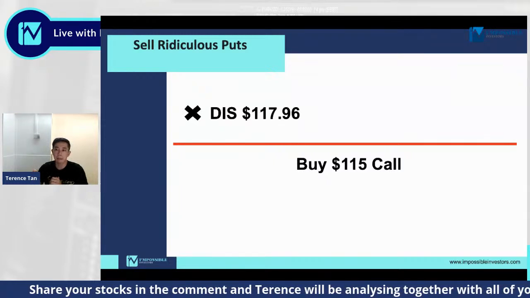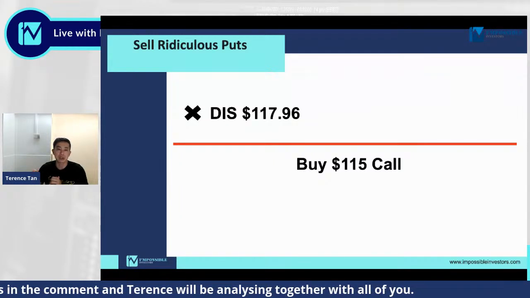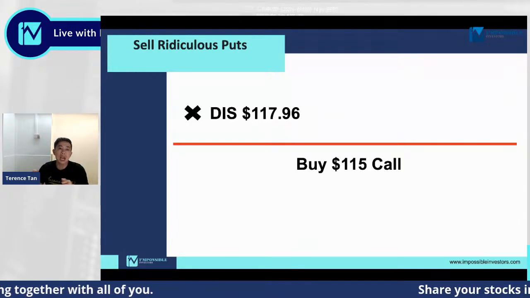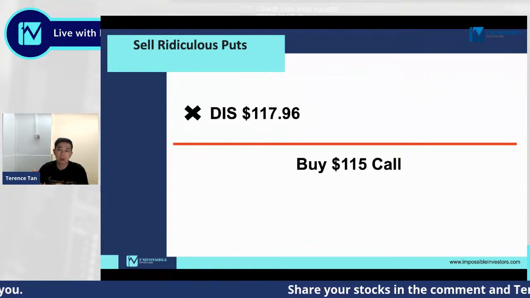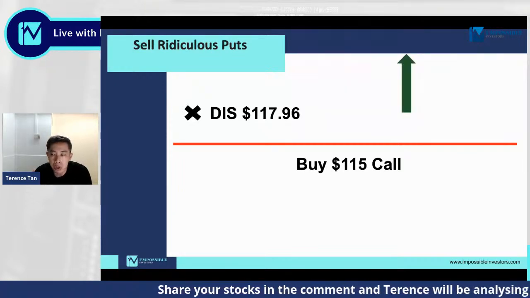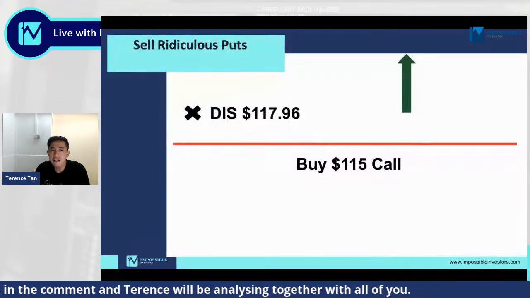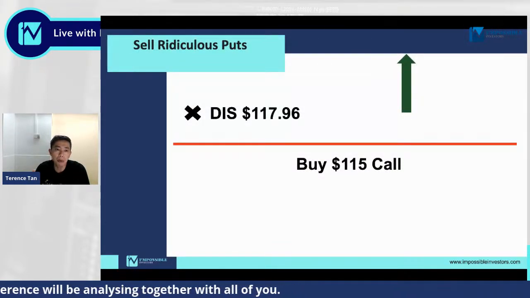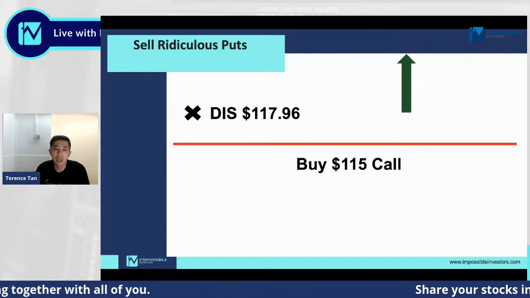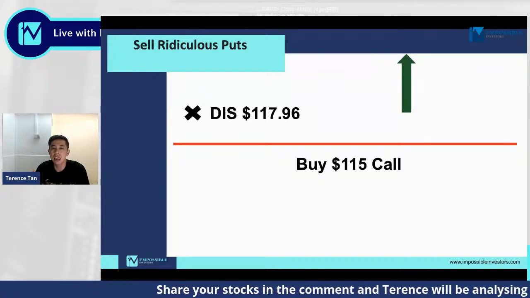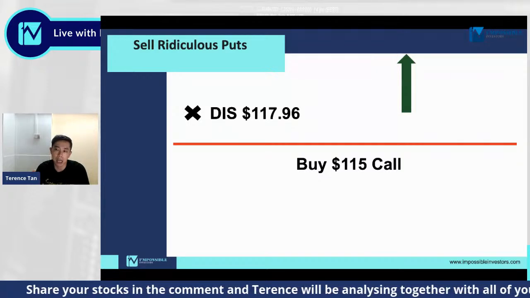$57.96 profit by selling the stock at the price you see on my screen. And then you turn around and spend some money to buy a 115 call. Now, what does it mean when you do so? It simply means that any further upside is going to bring you more profits onto the table. But if it falls, you have already kept all the profits available.